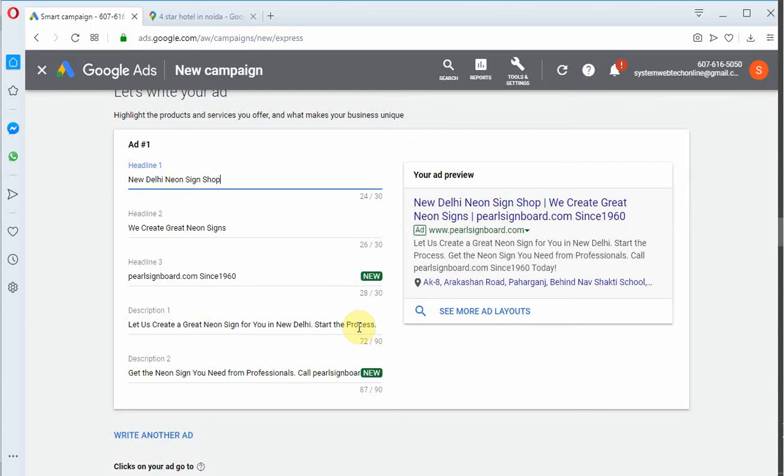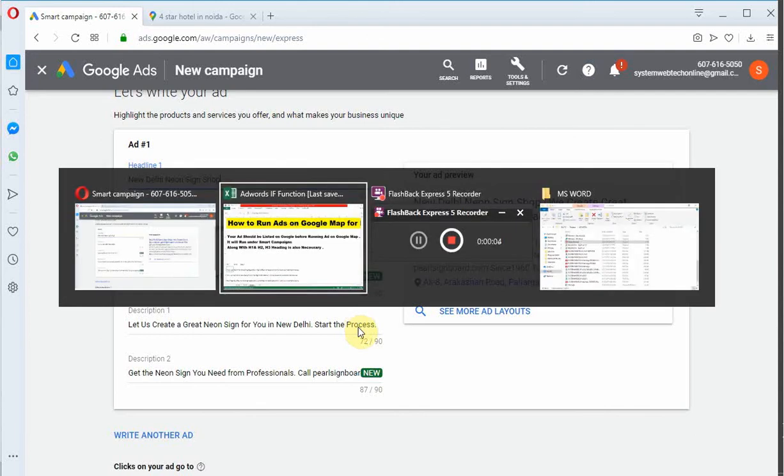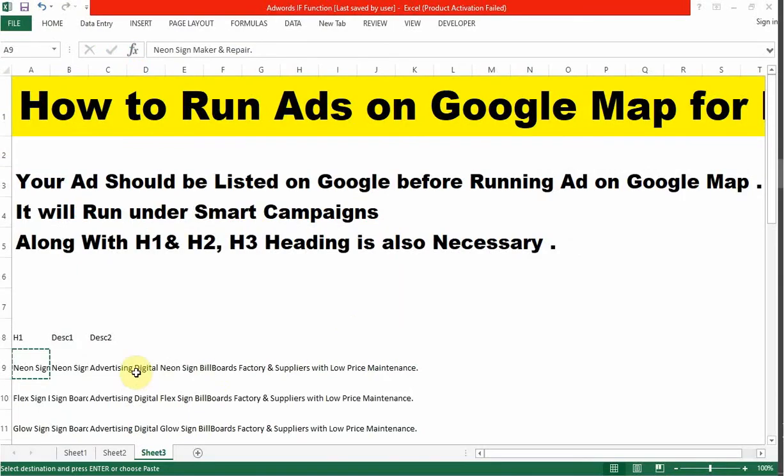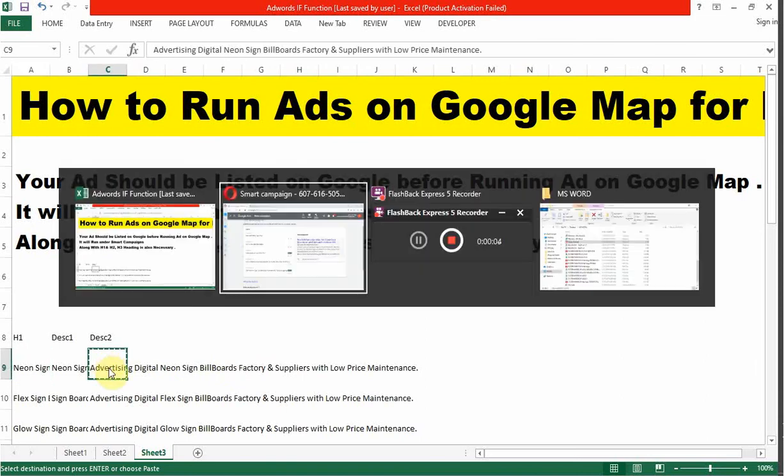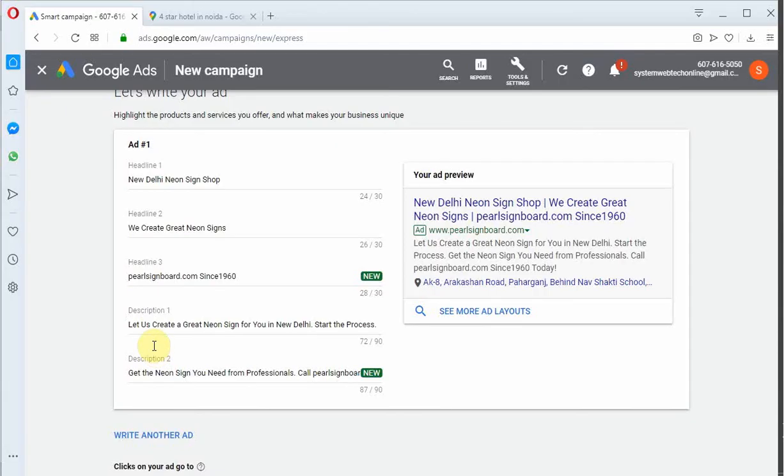All right, so you may select whatever Google recommends to you, or you may write the text as per your choice. So let me show you. This is already written.